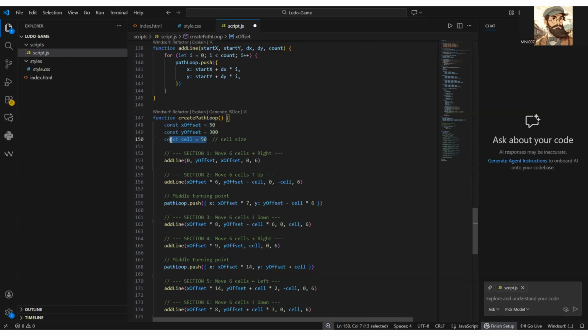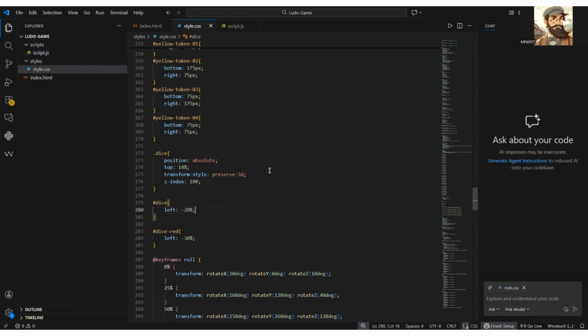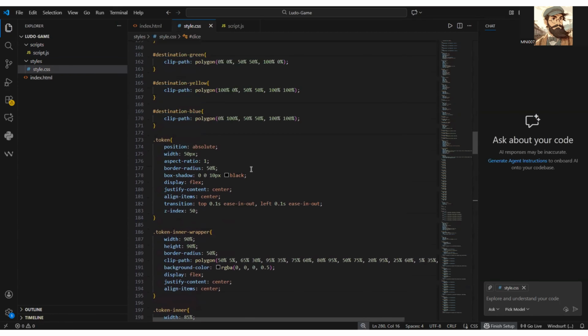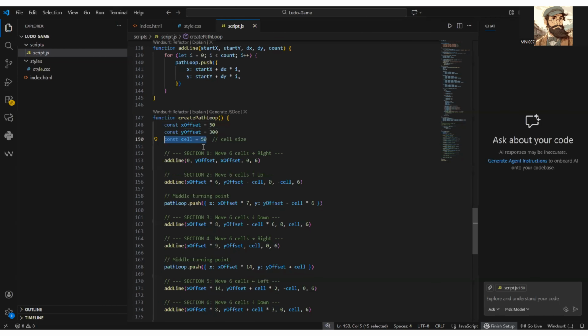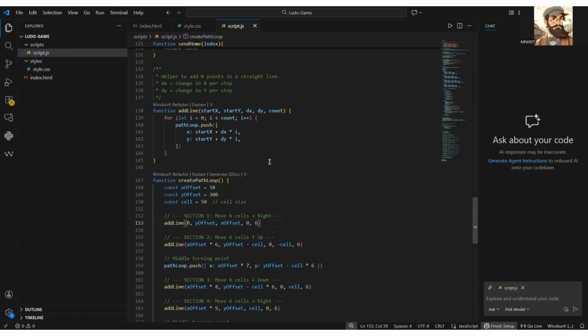Then our cell size is 50. So we know that cell is 50 by 50 as defined in our CSS file. Let me quickly show that to you. So here, we see that cell is 50 pixels, so then we have this helper function which adds 6 cells into our path. And so what this does is